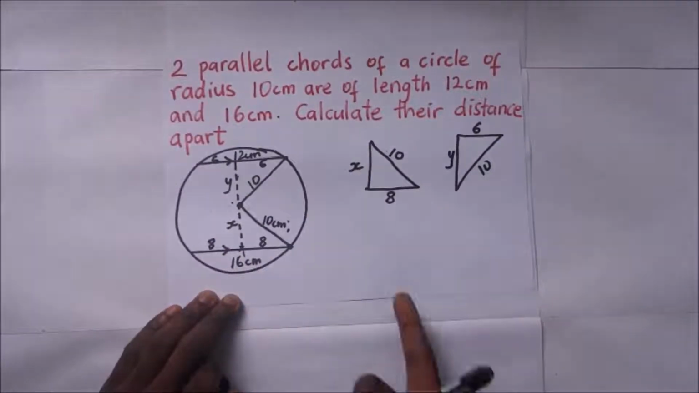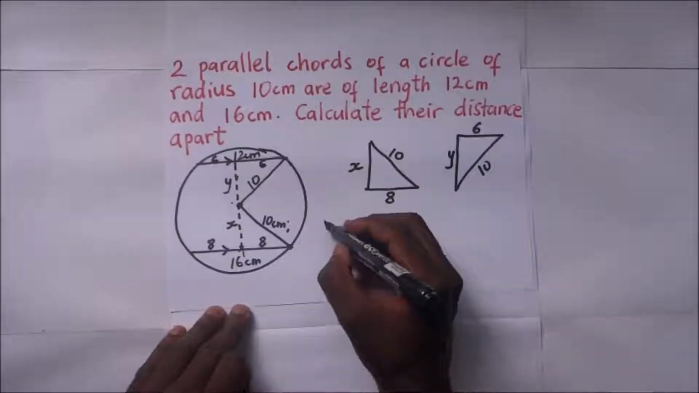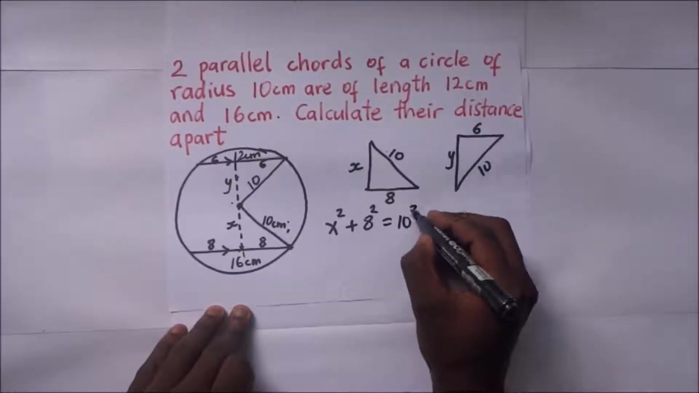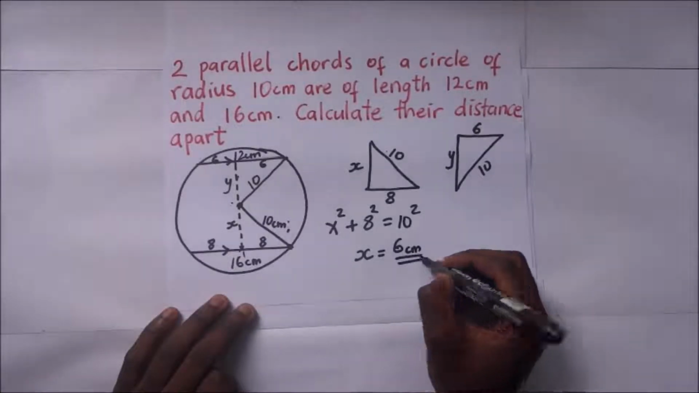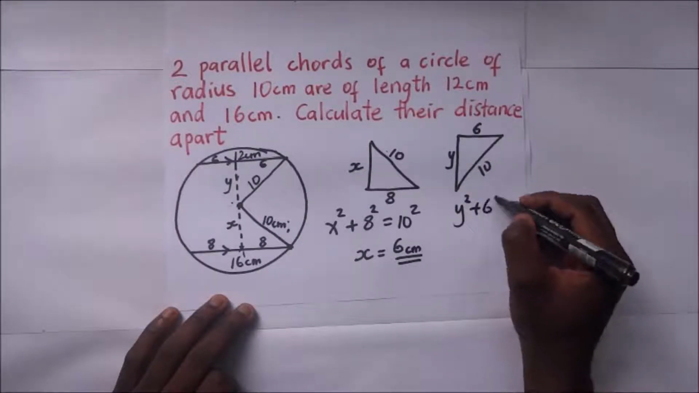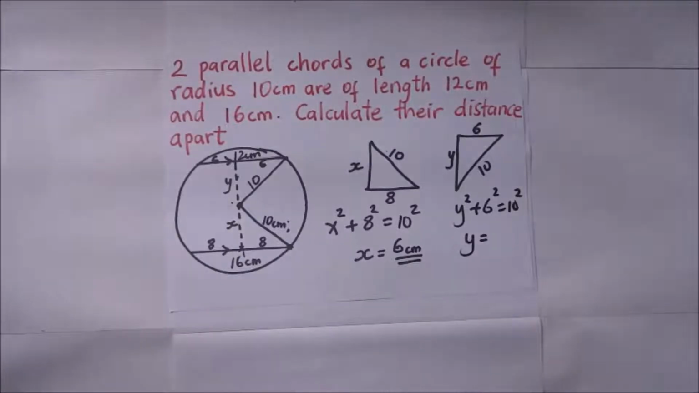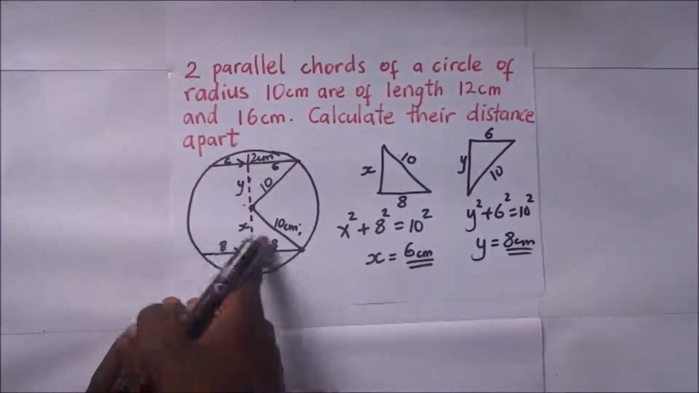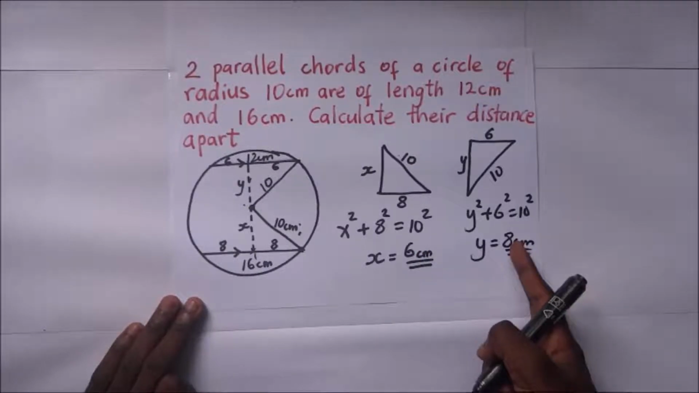So to get the value of x, we are going to use Pythagoras theorem. x squared plus 8 squared is equal to 10 squared. So our value of x here is going to be centimeters. Likewise here, it's going to be y squared plus 6 squared is equal to 10 squared. So to get our value of y, the total distance between these two chords is going to be x plus y, which is 6 plus 8, which is going to be